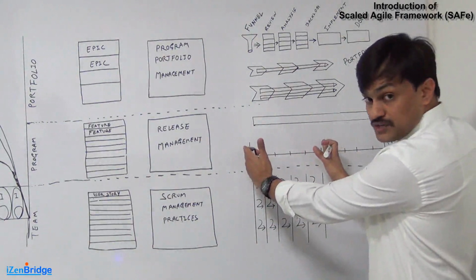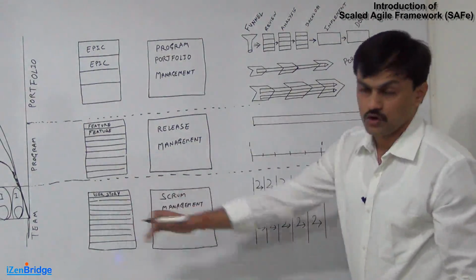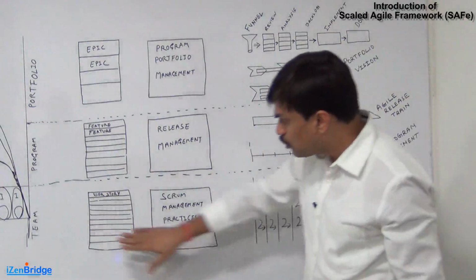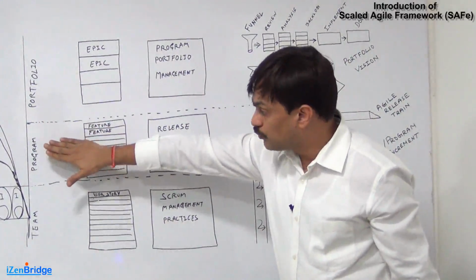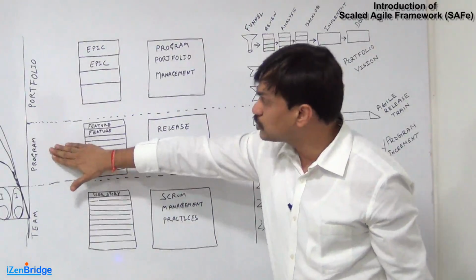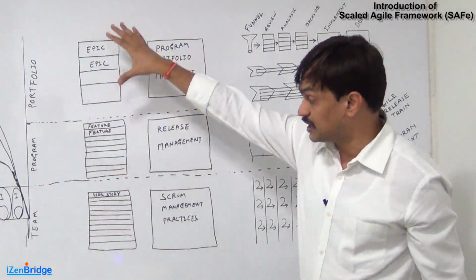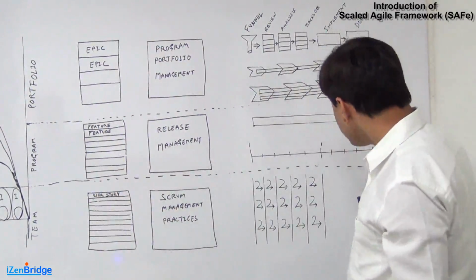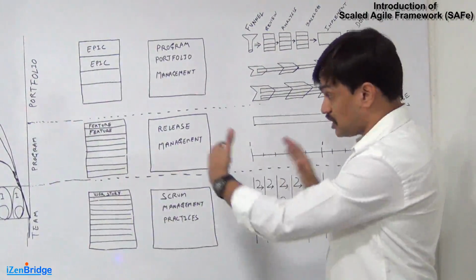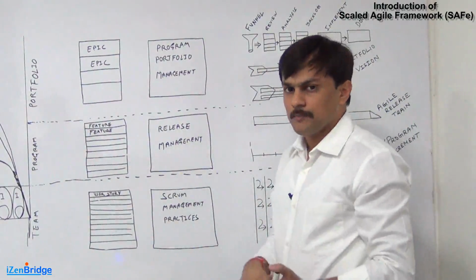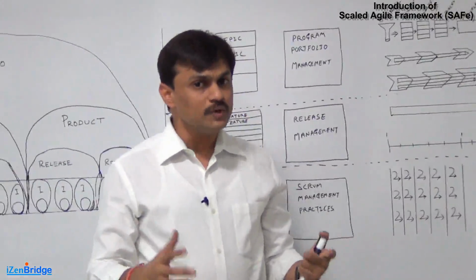We drive those program objectives from here, and at a sprint level, we do the work on the basis of user stories. The product owner who sits at the team level remains in touch with the product management group at the release level. The product management group remains in contact with program portfolio management in order to get clarification and alignment. With the help of such structures, there are many roles and many ceremonies which come in this particular framework. But my idea was to give an idea of the Scaled Agile Framework to an Agile practitioner where